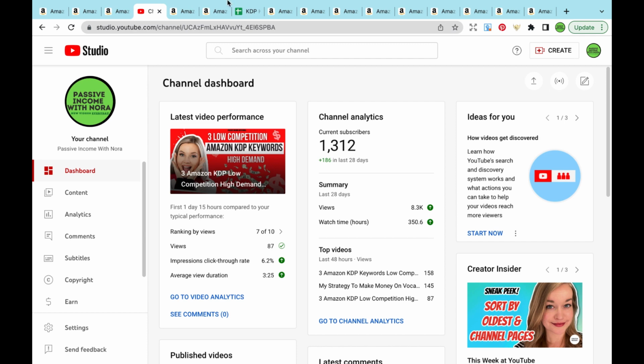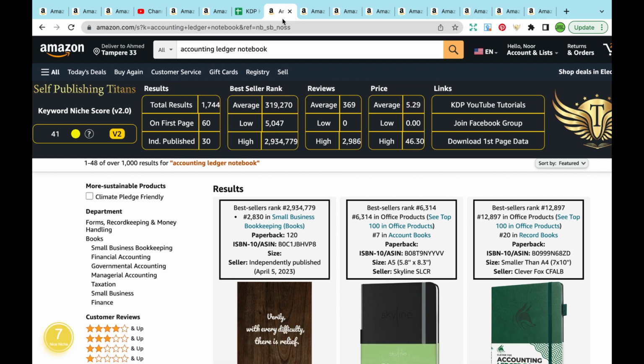Let's start off with the first keyword for the day, and it is Accounting Ledger Notebook. Accounting Ledger Notebook has a keyword niche score of 41 and total results of 1,744. The average bestseller rank is beautiful. It is around 300,000, which is exactly 319,270. And also there is an average of 369 reviews and an average price of